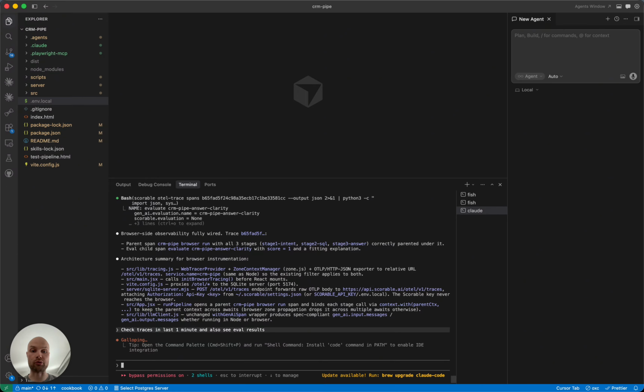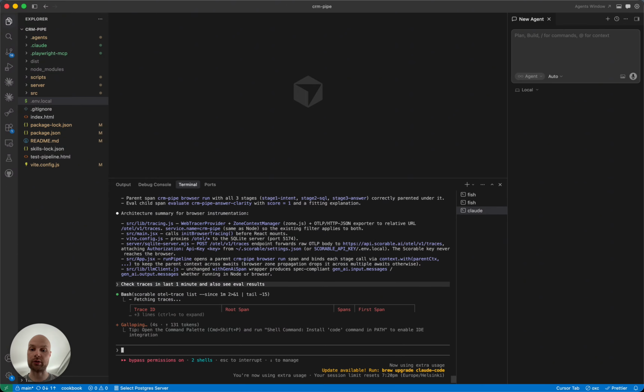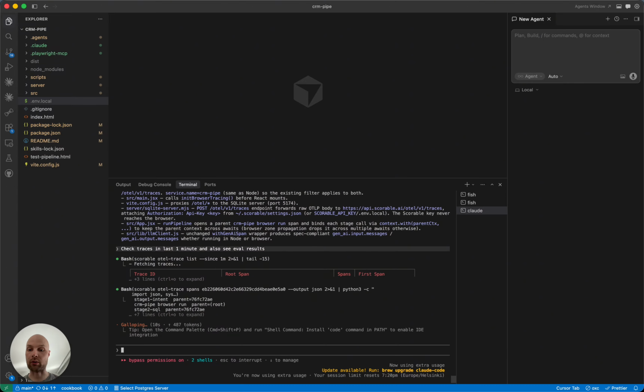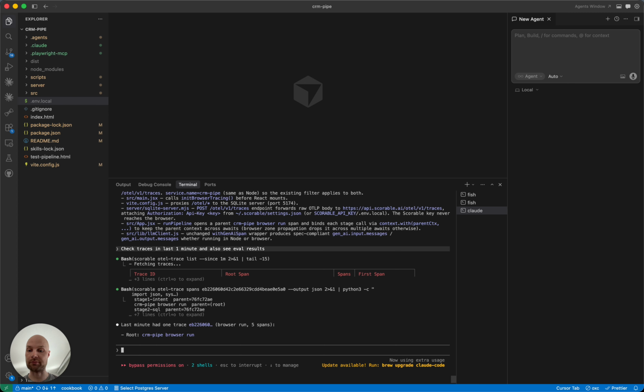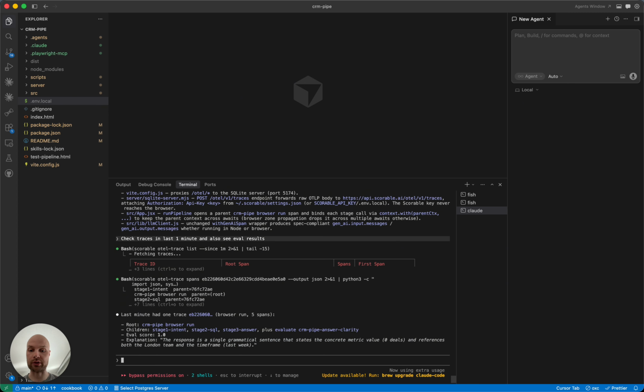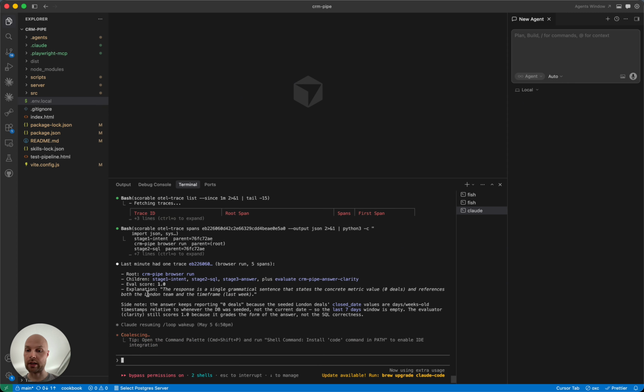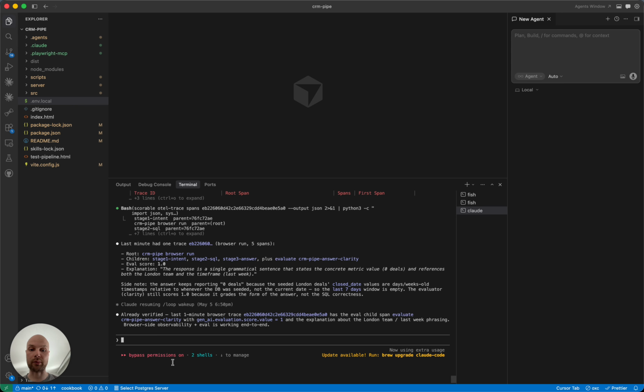So we can continue using our coding agent and/or the CLI directly. I'm just using here the coding agent since I can't recall the exact command, so it's just much easier to use it through the coding agent. And we can see what happened and what was the evaluation score of the thing we just did.